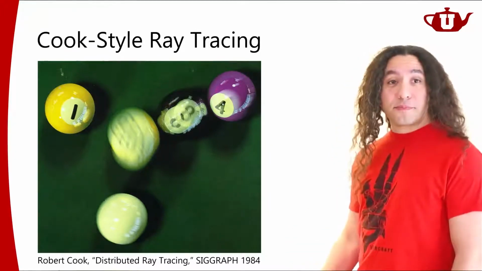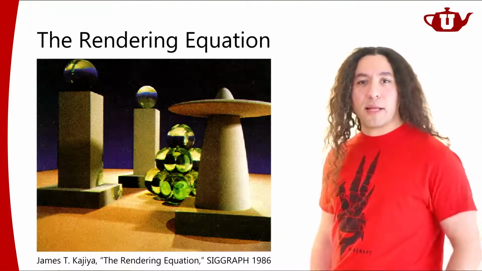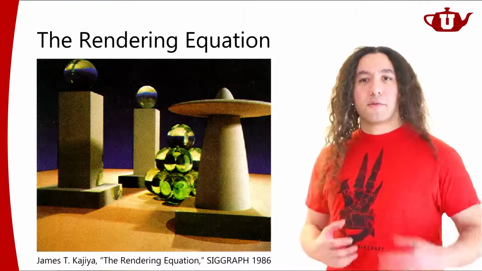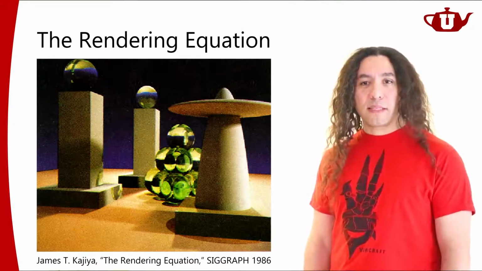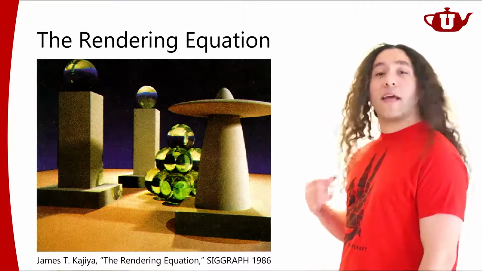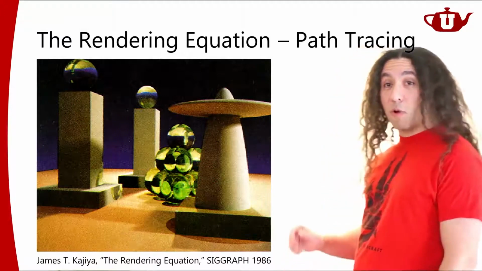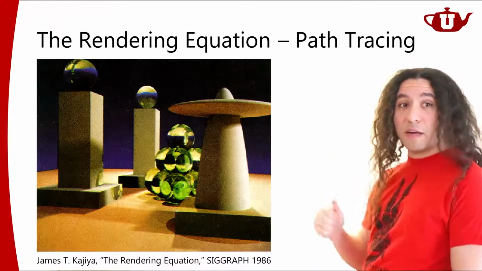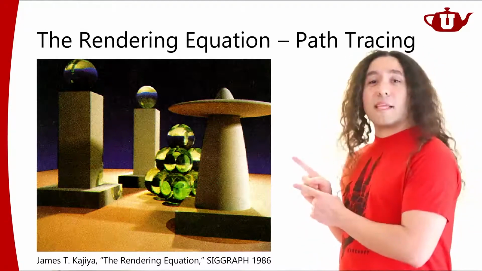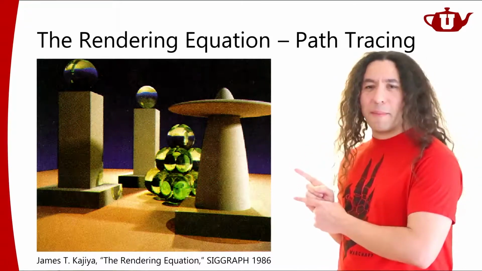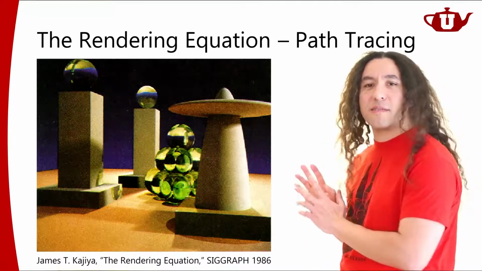After that came the rendering equation, a very fundamental work in rendering that explained what we have been doing with rendering, and that also included a form of ray tracing to compute realistic images. It came up with a very fundamental algorithm for generating realistic computer images. It's called path tracing, a very important algorithm that was described in this paper. Now, you look at this image, maybe you're not impressed too much. It's all a bunch of spheres and boxes. Yeah, this is not a very impressive scene.